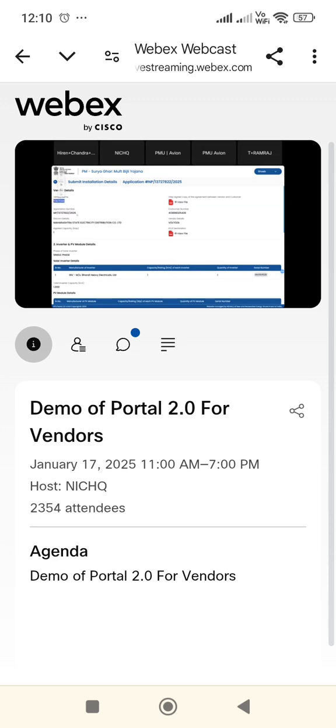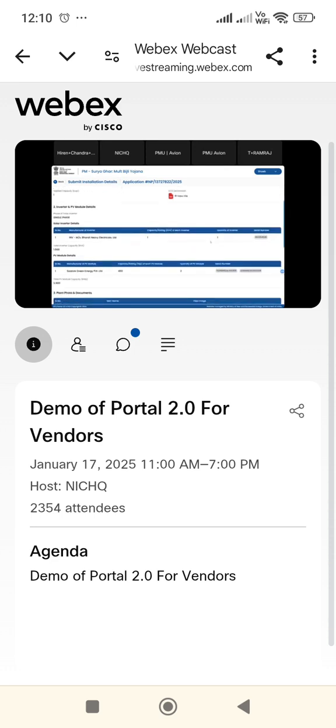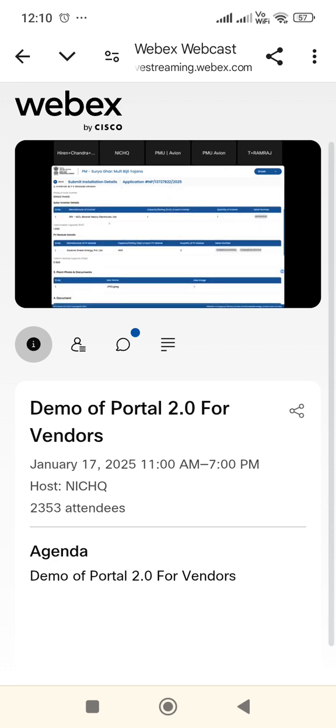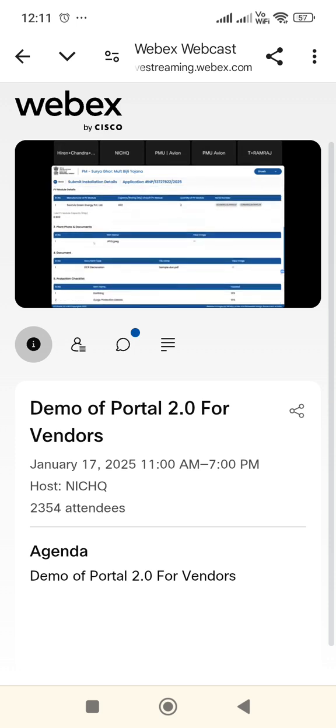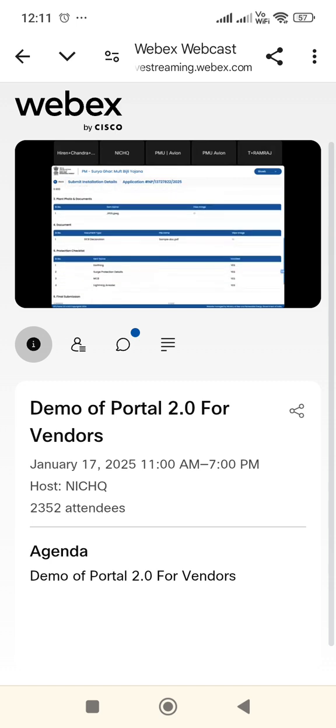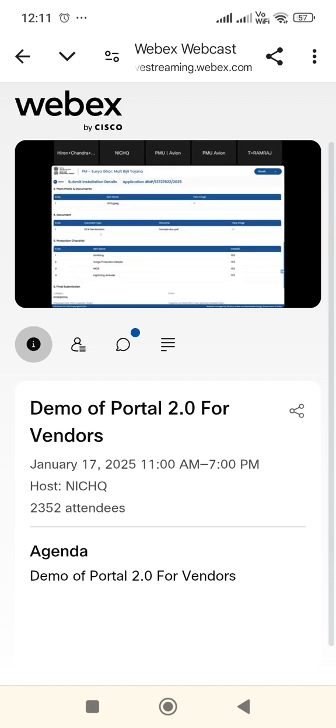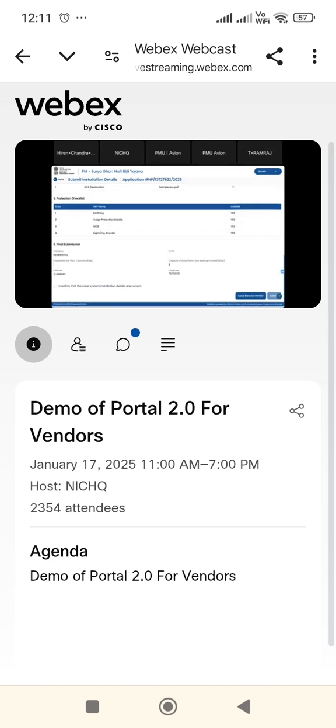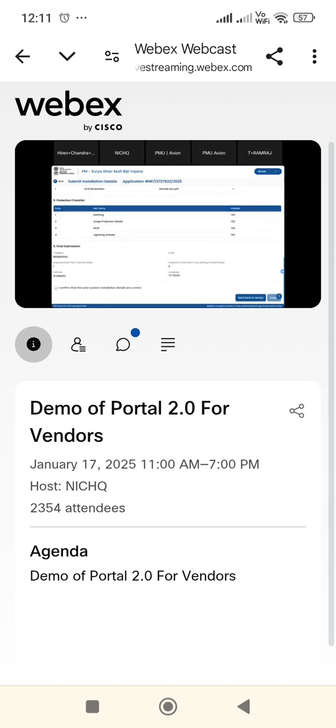He'll see the vendor name, the application number, the DCR declaration and everything. Also, he can view the work agreement. Here he sees the details of the inverter and the PV modules which are added. Then the photo of the plant, whether he has uploaded or not, then the documents. And finally, at the bottom, we have this acknowledgement where he'll select yes if he wants to finally submit it. If he finds any incorrect details over here, then he can again send it back to